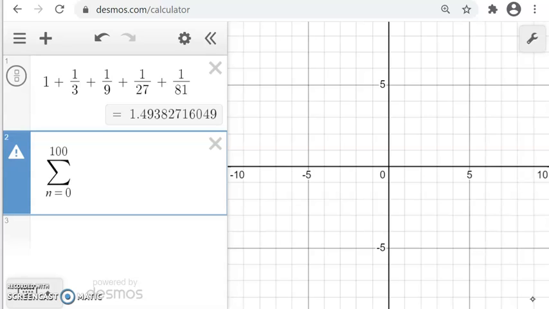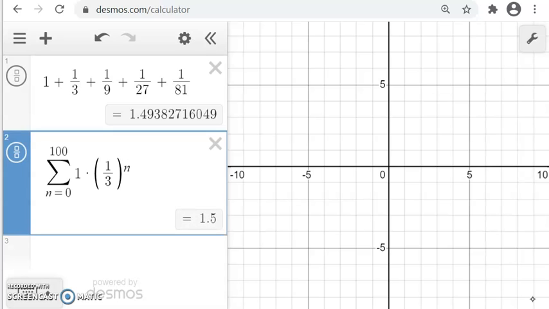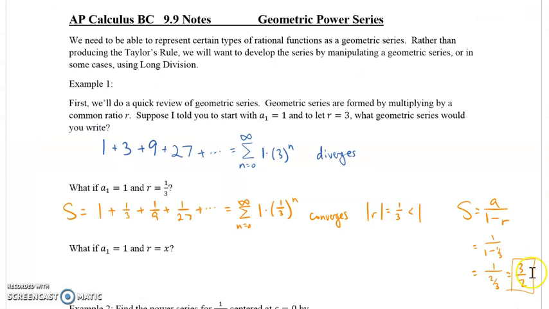Obviously not close to infinity, but close enough for our purposes. And if we take a, which is 1, times r, which is 1/3, raised to the n, then we actually get that this equals 1.5. It doesn't really equal 1.5 if we stop at the 101st term, but it's so close that Desmos doesn't know any different. So here's some pretty compelling evidence that in fact that 3/2 that we got over here is correct,